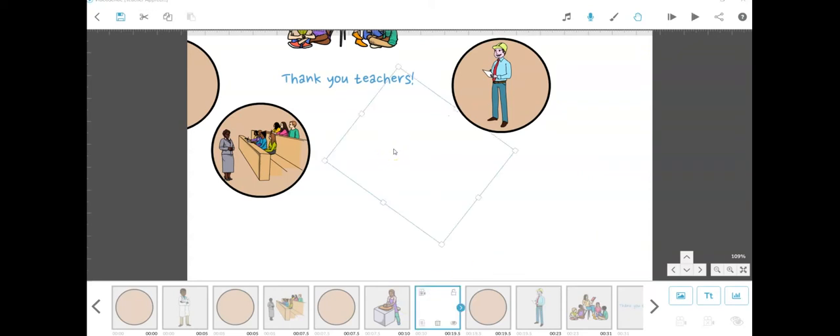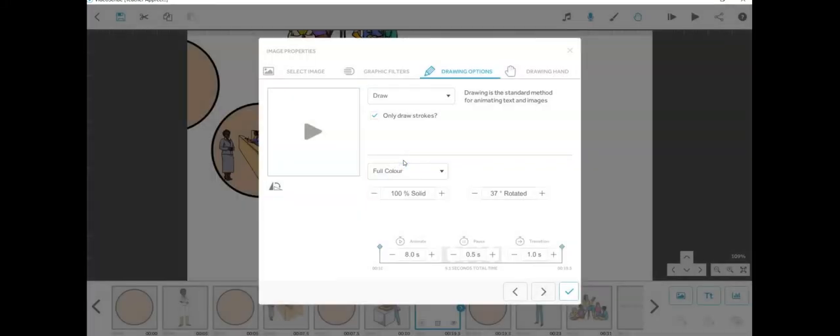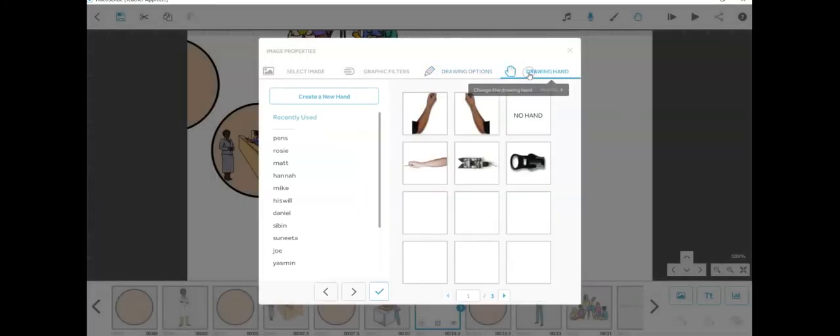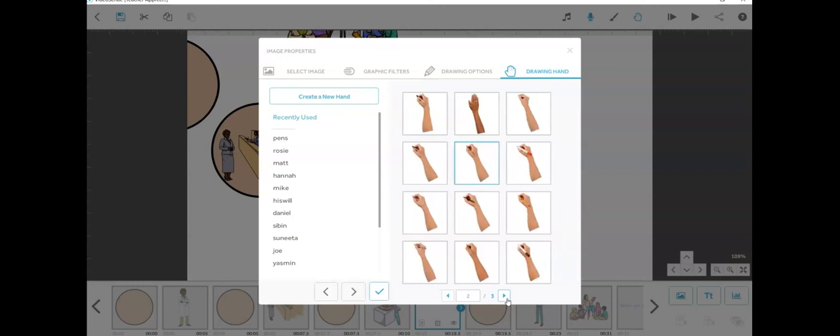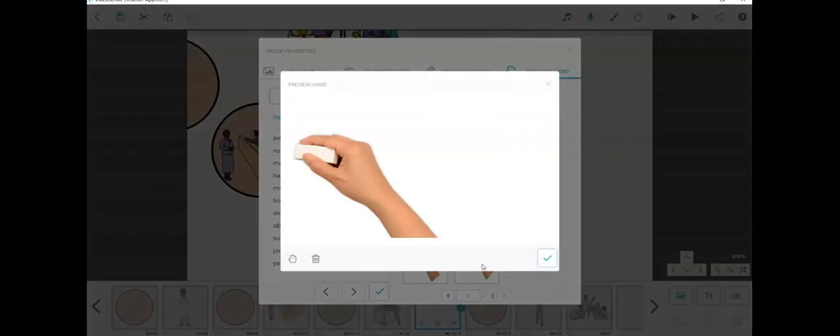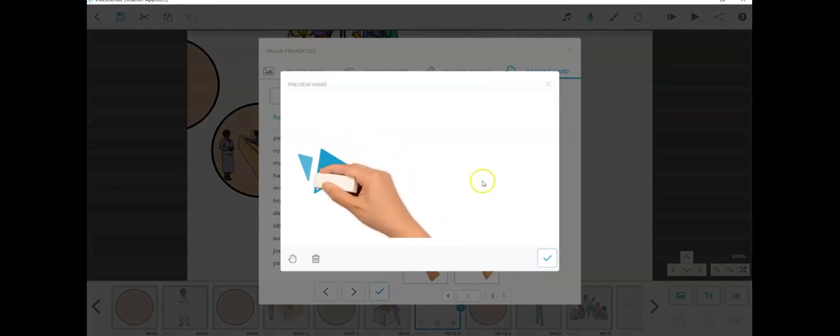You can see the effects of it. If you want to make it look even more realistic, you can go to the properties of the image and then pick the hand with a rubber. So again, if I play this,